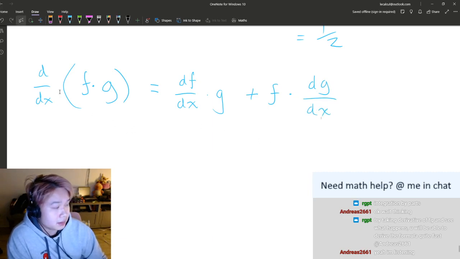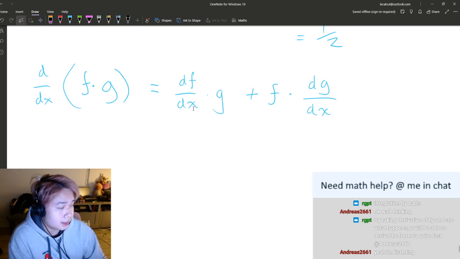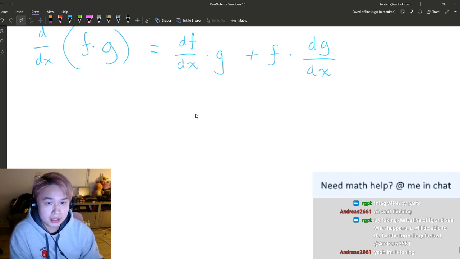So this is just, you know, product rule. And then essentially there's an integral version, which is what integration by parts is. You're trying to undo basically some sort of product rule that has happened. So for example,